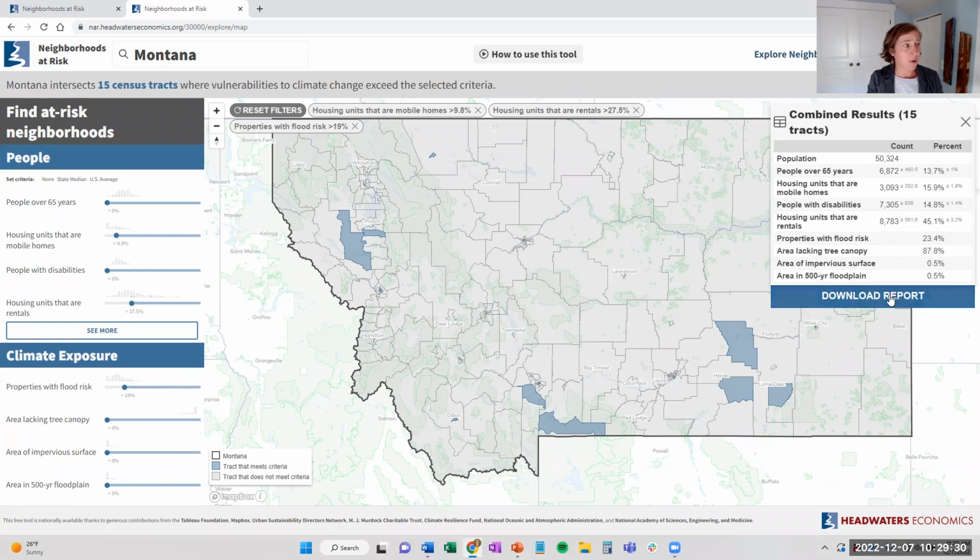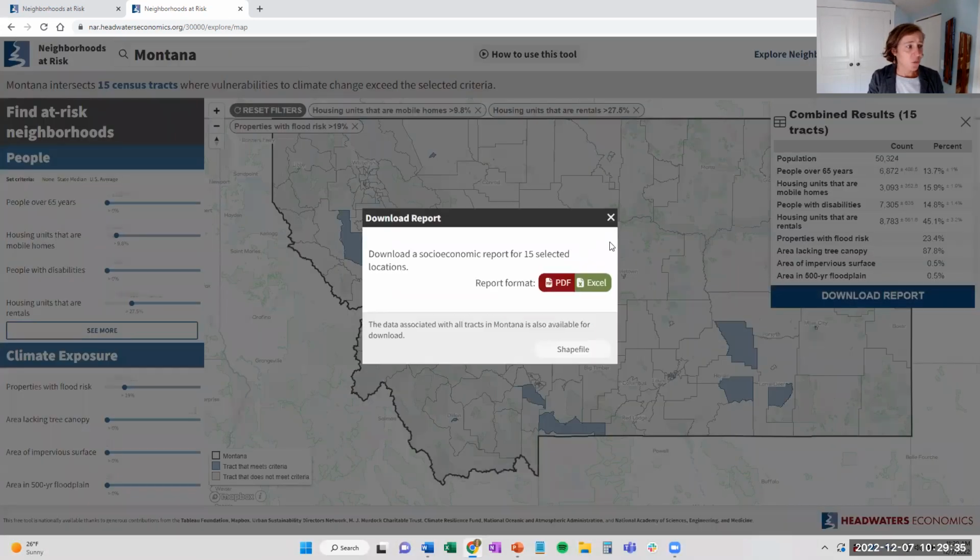From here, you can download a report, and I'm going to show you that just really briefly. When you click on the report, you get this dialog box. You'll see that you can download the report as a PDF or an Excel document. We do that really intentionally. The PDF is useful if you want to email it around, print it out, and show it to your elected officials. But the Excel document can also be useful if you want to use the charts and graphs and data in your own analyses or put them into your own slide decks or reports.